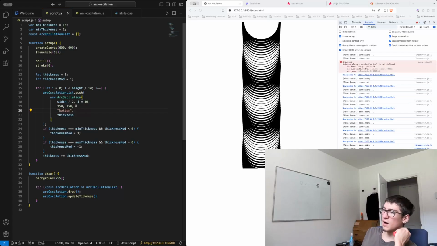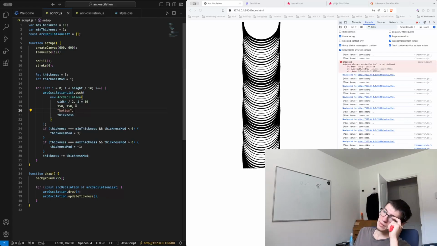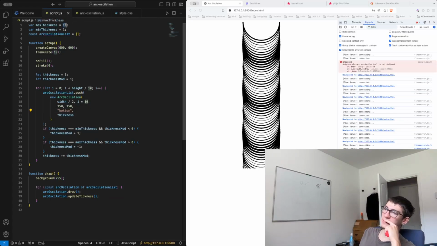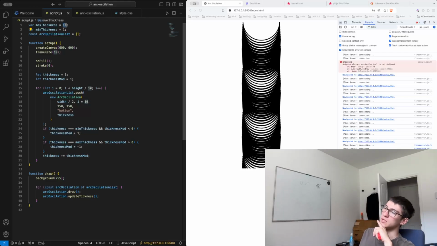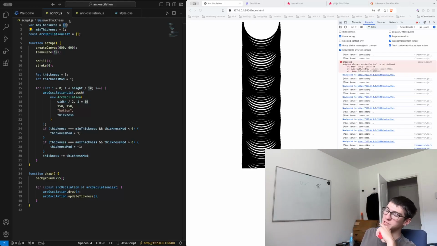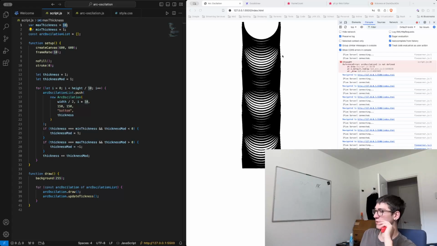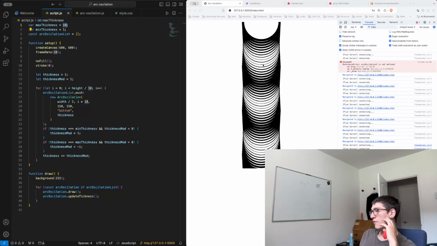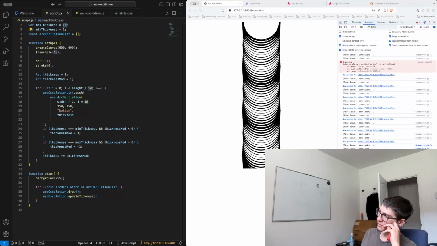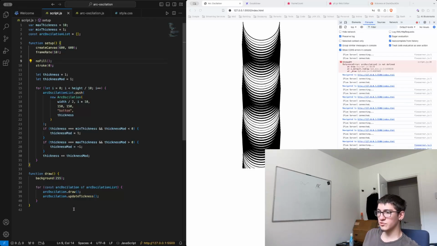So I'm thinking, if we said that our max thickness would be, let's say, 20, just some arbitrary number, right? If it's bigger than 10, I believe the spaces, maybe,